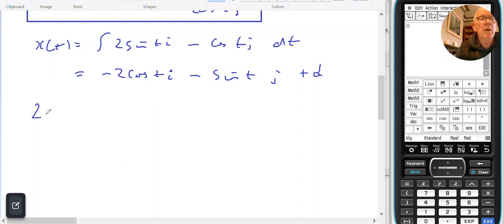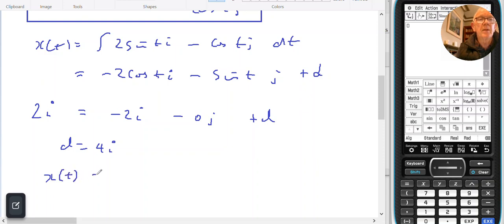So 2i equals cos(0) is 1, minus 2i, minus nothing in the j, plus d. D equals 4i, which gives you a position vector equal to